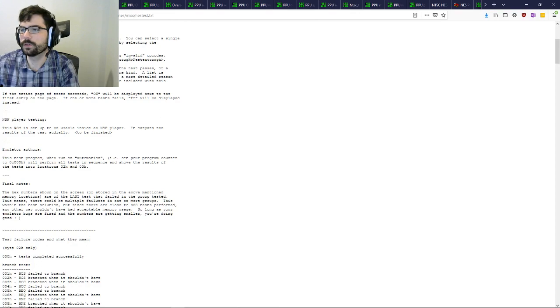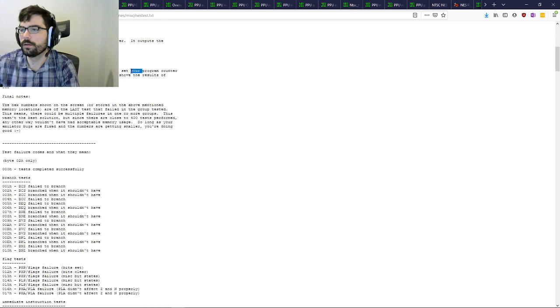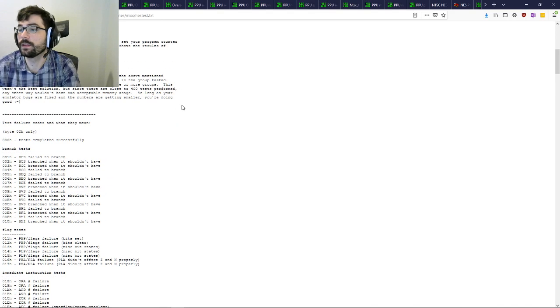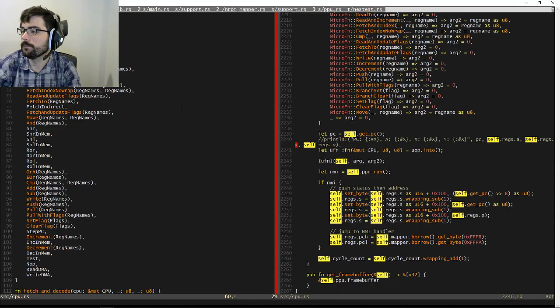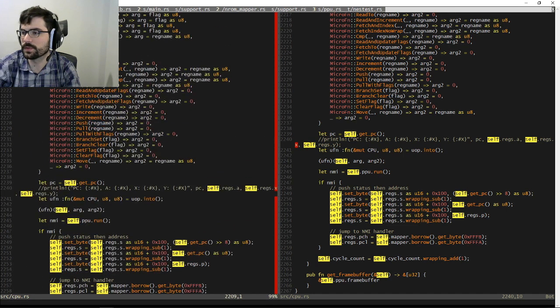How do you know if it explodes? Run automation, formal test in secret. Shove the results of the test into locations 2 and 3. Right, so what we had was something which basically asserted that those elements were empty.